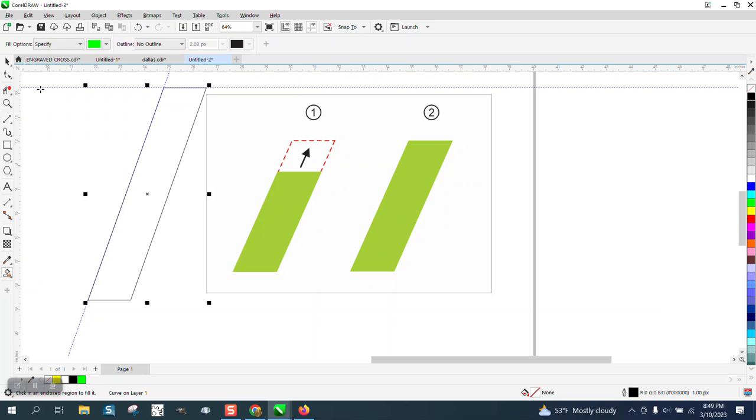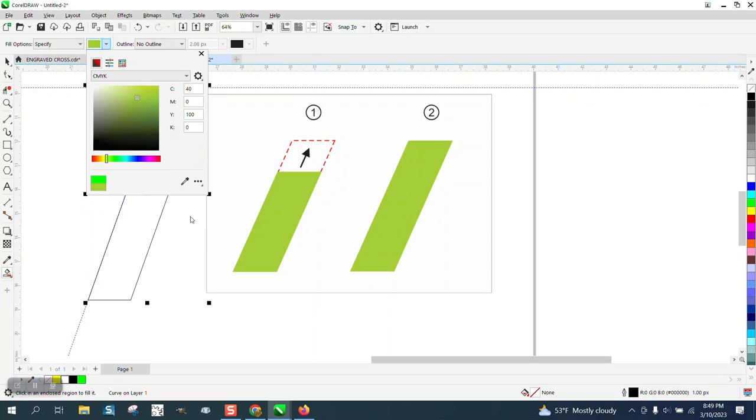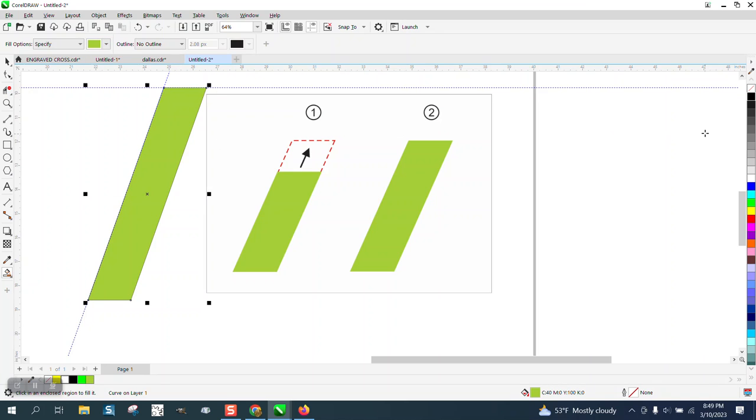And then we could actually even use his same color green by getting the eyedropper tool and putting it in there, and then take away the outline and take away the indexing line, and you have that